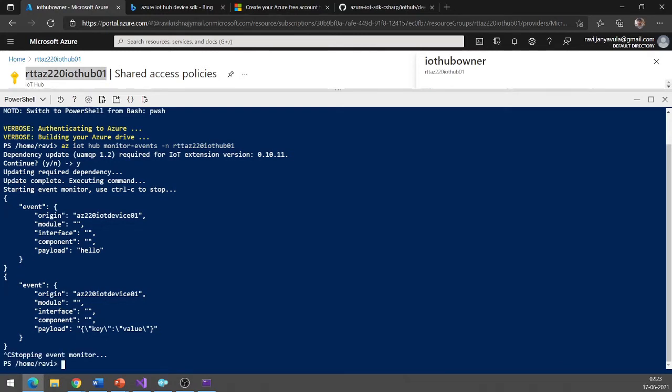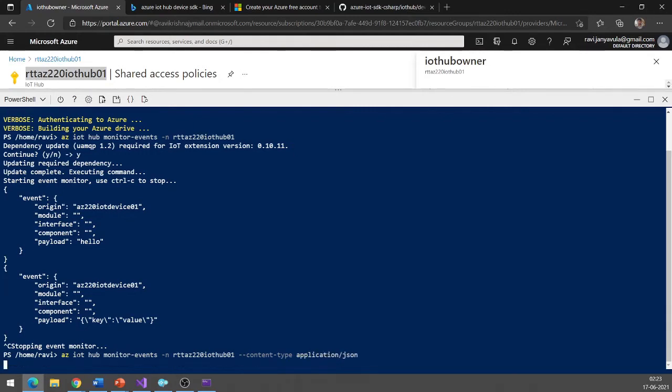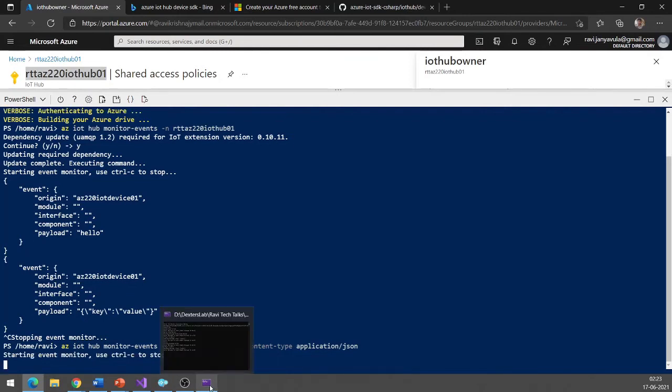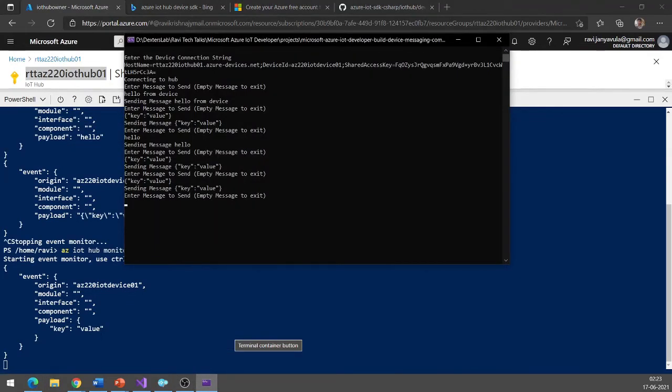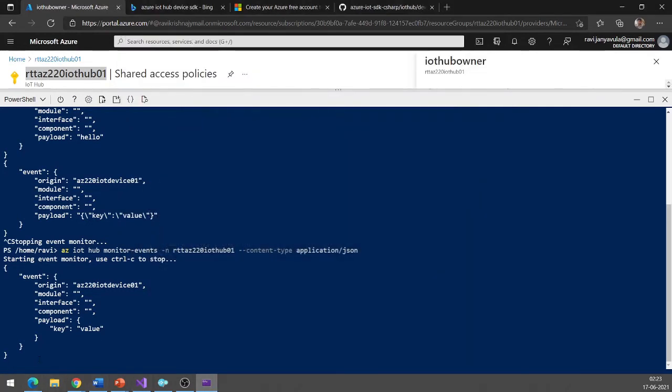So if you want to monitor JSON messages, you can say hyphen content hyphen type and set it as application slash JSON. See this, now it is coming in JSON without those encodings. So it doesn't treat it as a binary format, it treats it as a JSON format.